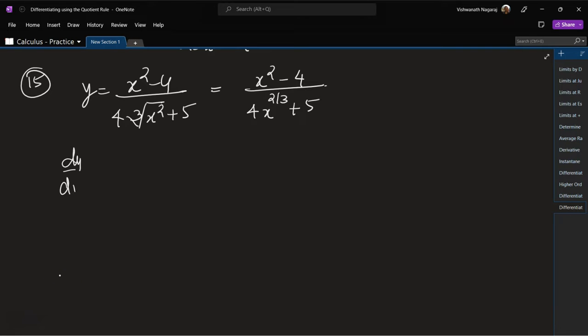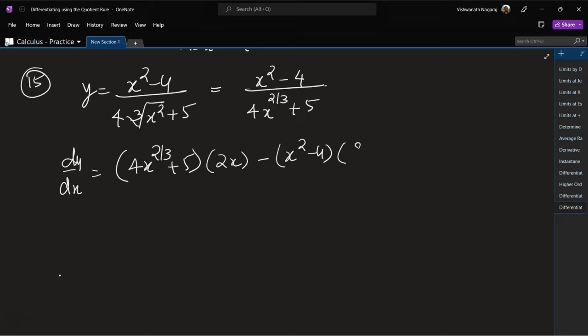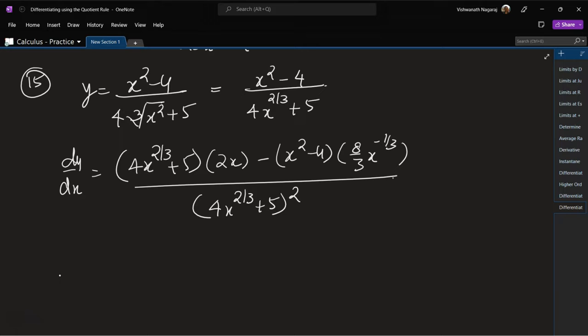So dy by dx would be 4x to the power of 2 by 3 plus 5 as it is, and the derivative of the numerator, minus x square minus 4 numerator as it is, and the derivative of the denominator, which gives us 8 by 3 x to the power of 2 by 3 minus 1, which is minus 1 by 3. Okay, divided by 4x to the power of 2 by 3 plus 5 square, which gives us